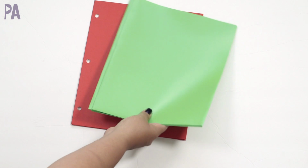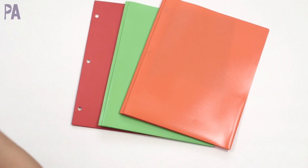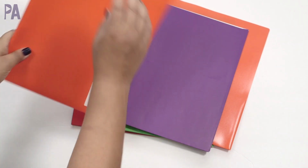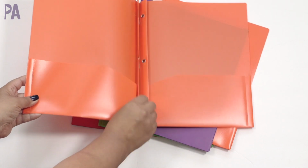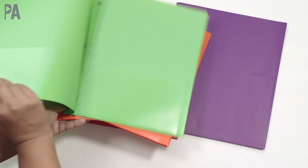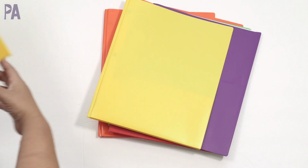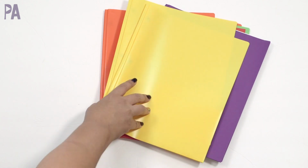Now, usually our school classes require folders of certain colors. And so we have to get the plain color folders mostly. So that's why we have a variety here. And usually the teacher puts a requirement of what kind, whether they're just the pocket, if they're paper, if they're plastic, if they have the prongs. So I have, according to what we need, different ones in different colors. So we didn't get to really pick some of these, so we had to get a mixture of the paper and a mixture of the prong. These were just your basics, and they told us what colors we needed because I think they do kind of color coding and labeling. So those weren't really fun to pick out,